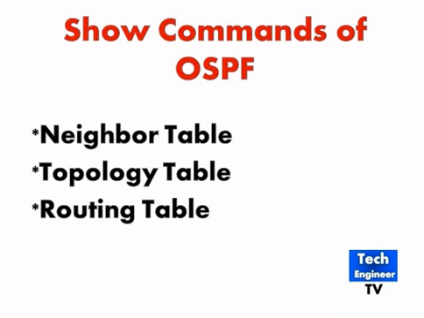Hello there. In this tutorial, I'm going to discuss the show commands of OSPF. The working of OSPF can be divided into three parts: the neighbor table, the topology table, and the routing table. The neighbor table basically provides us the information about the neighbors. The topology table will provide the information about the network's topology, the network's physicality, and the routing table will provide